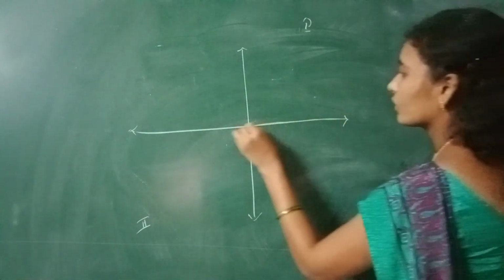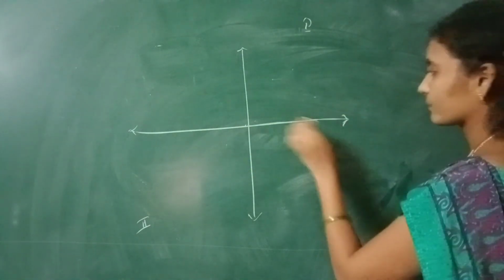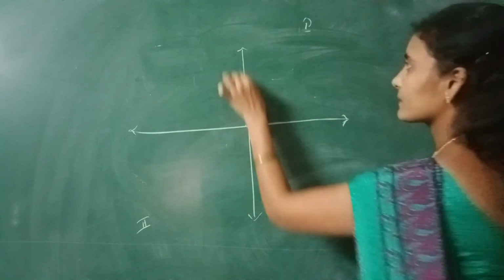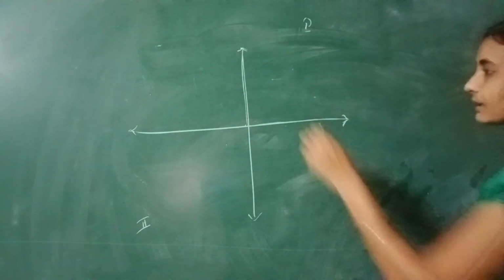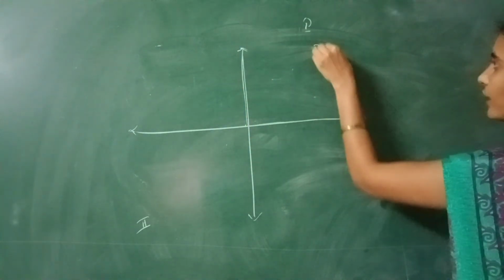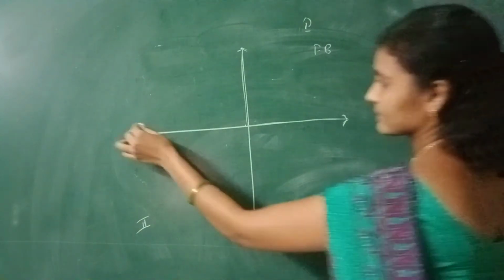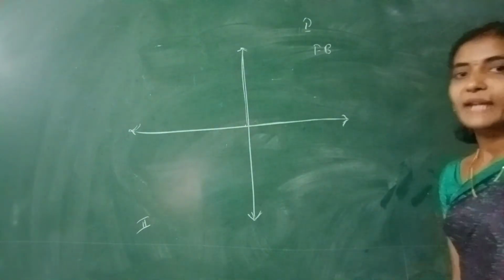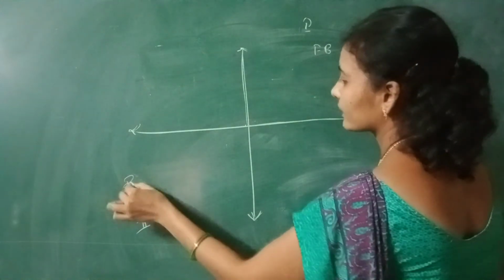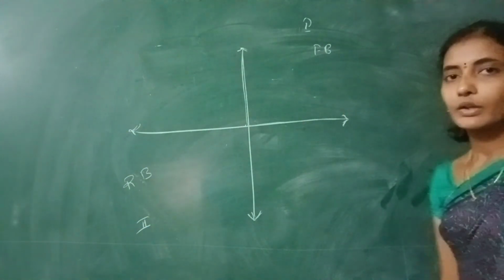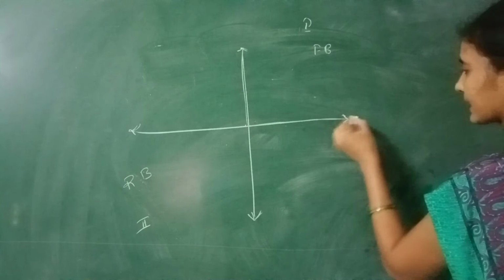As we know, this is the positive x-axis and this is the positive y-axis. It is represented for the forward bias. This is the negative y-axis and this is the negative x-axis. This is for the reverse bias. Okay, so on the x-axis, I am using